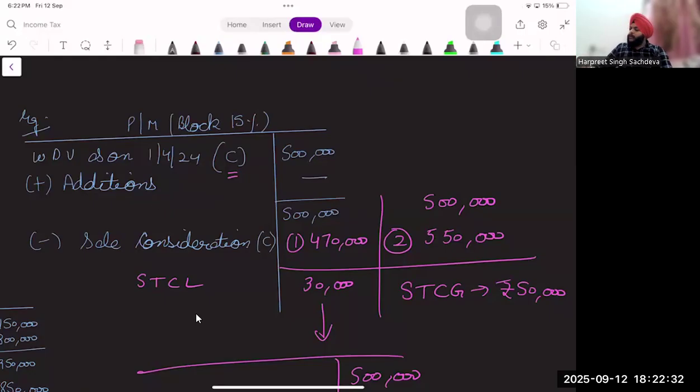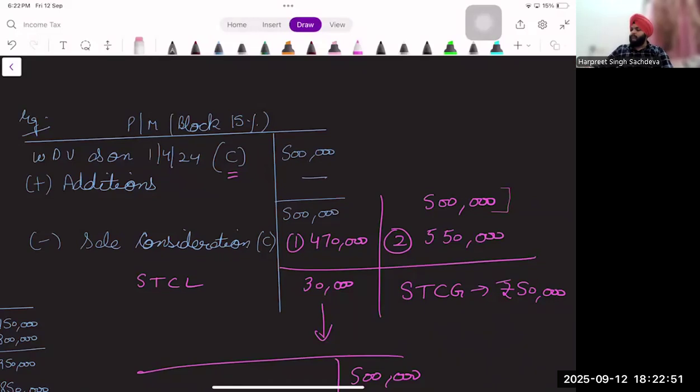For example, the value of the block was 5 lakh. If you sell a single asset or all the assets, whatever be the case, but for a value greater than the total value of that block, like you sold for 5,50,000 when the total value of the block was